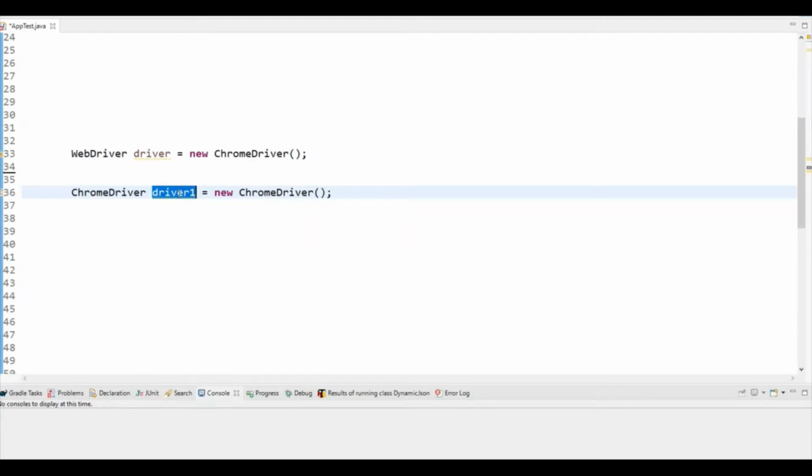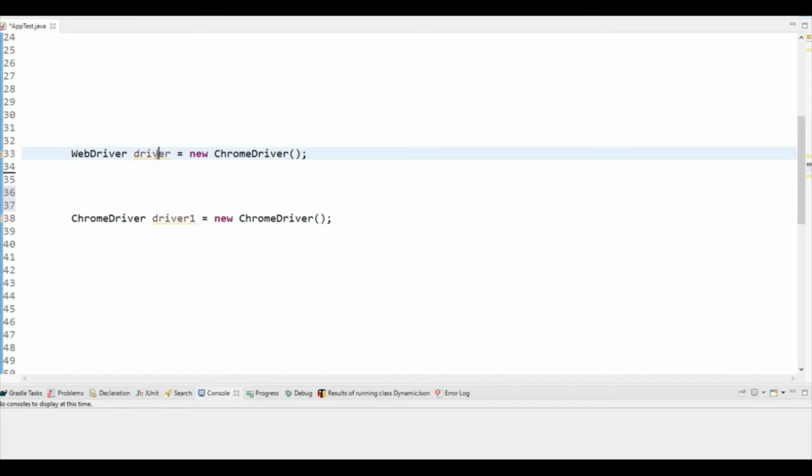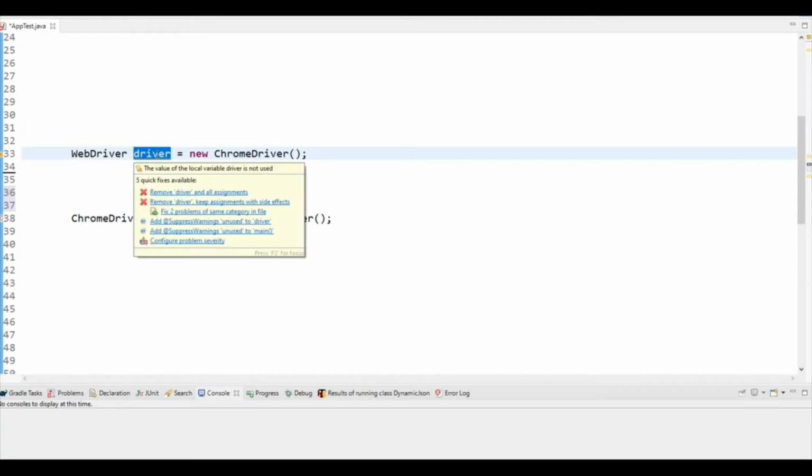Suppose in a later phase you want to do testing on multiple browsers. You want to assign this value to another browser like Firefox or IE. You cannot assign a value to that browser, because you specifically created an object of the ChromeDriver class. But in the other case, you have taken the reference variable of WebDriver.